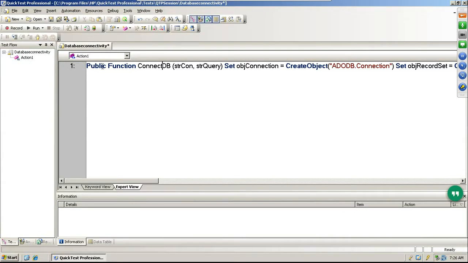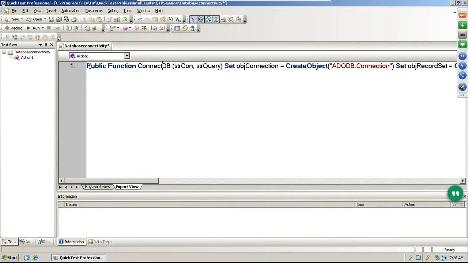The best way to create this program is to create the database connectivity as a function and call that function in your test as required. Otherwise you have to write this program in your test whenever you want to connect to the database, run the SQL query and store the variable. That is ridiculous, right?